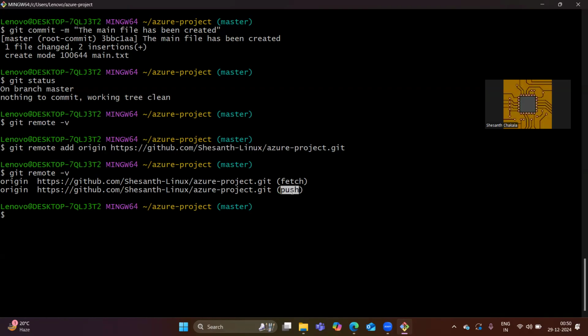Now what we'll do, I want to push my code. So what is the code which I have? Git ls-files. main.txt. So this main.txt is going to appear in my central hub,